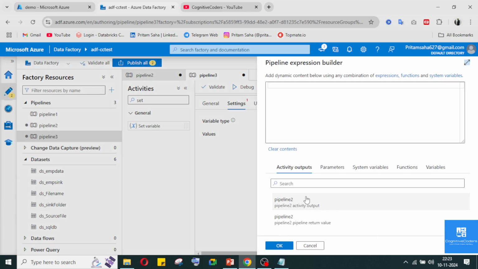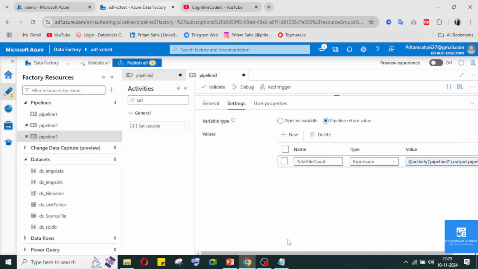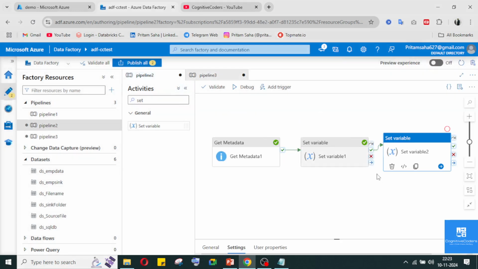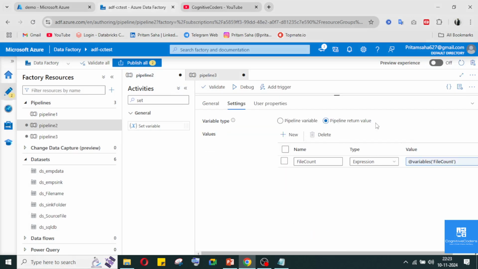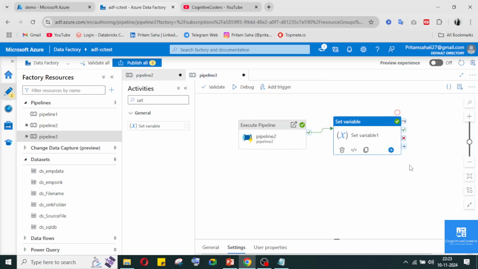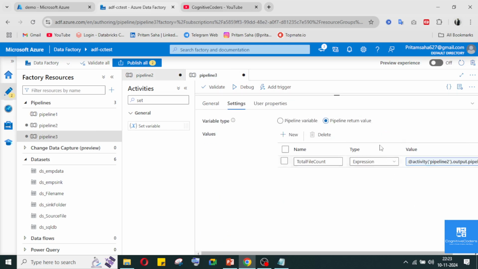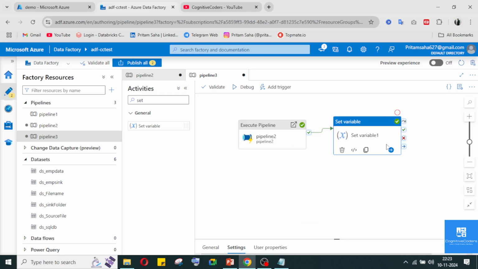Here this is the pipeline 2 return value. As we selected the pipeline return value here, it will give the return whenever the pipeline execution is completed. And if I run it,